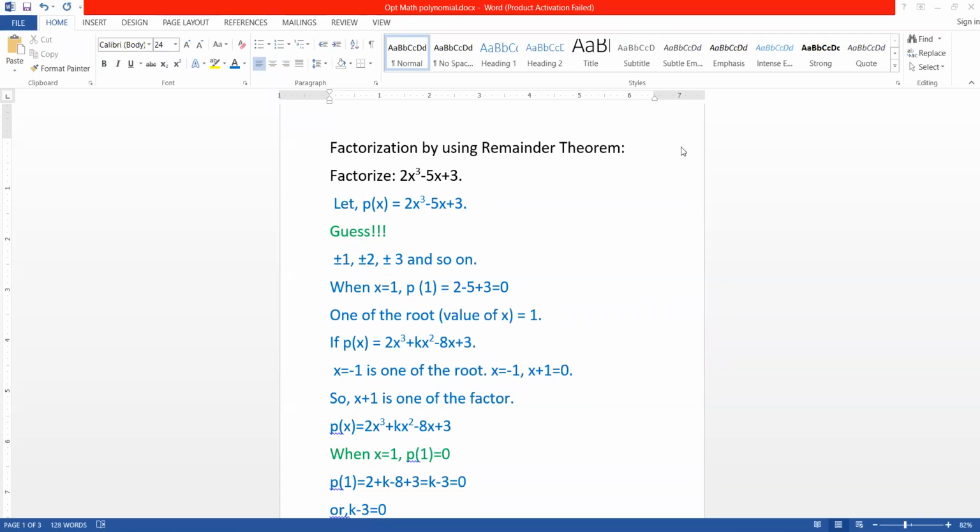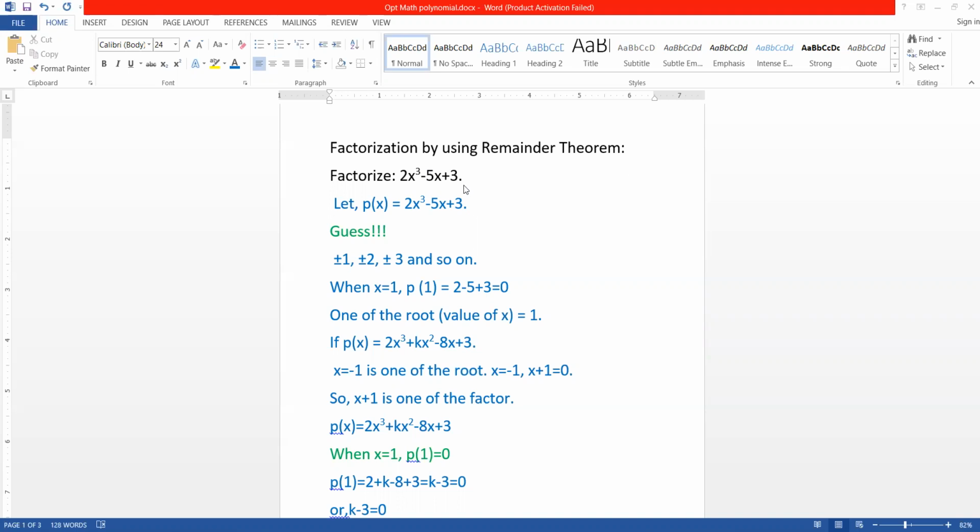Hello, everyone. We are going to discuss today factorization by using the remainder theorem. In polynomials, there are generally two famous theorems known as the remainder theorem and the factor theorem. Among those, I'm going to apply the remainder theorem to factorize this 2x cubed minus 5x plus